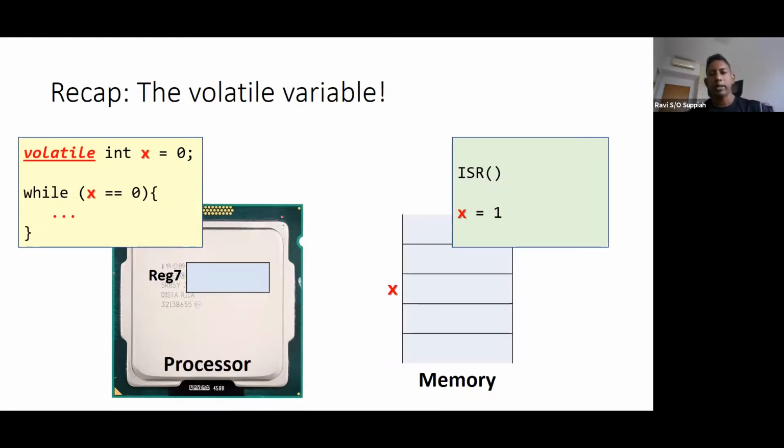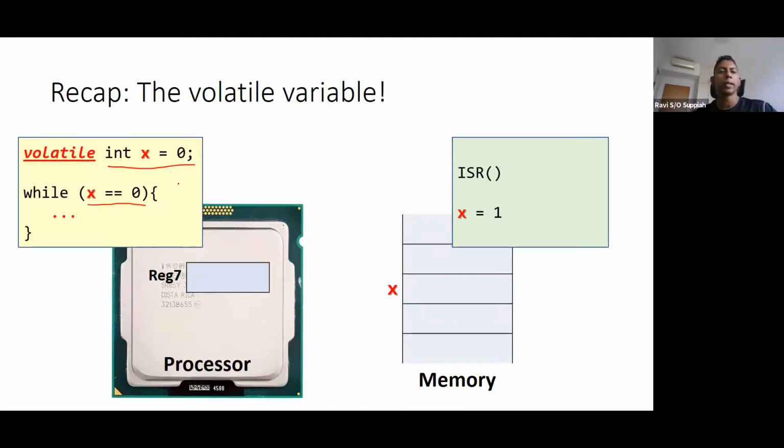When you are writing, of course, you're writing in C, but when you compile, it gets translated to assembly language code and, of course, machine code later on. Now when I look at this code on the left hand side, assuming I didn't put the volatile keyword, I just keep it as int x equals 0 and I write this statement, what would the compiler think? I have created a variable and put in a value 0.